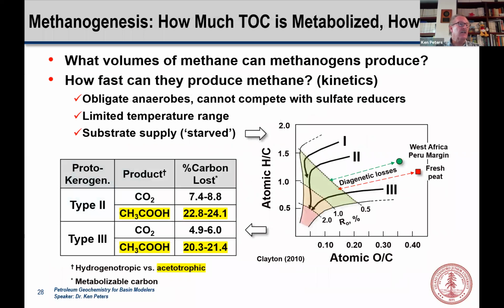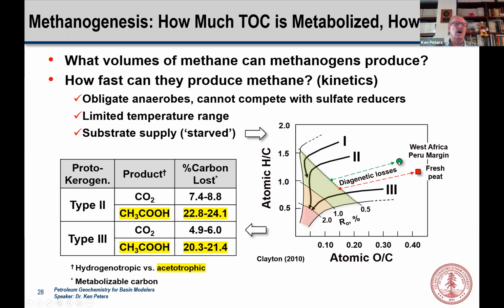So Chris Clayton actually looked at this and had some nice insights. Here we've got our Van Krevelen diagram. And he said, well, okay, I've got some sediments in West Africa and the Peru margin. I've got some peat here. What happens if, during diagenesis, I convert these by moving along this line to just the beginning of thermal maturation, or catagenesis, here? So all of this maturation from here to here and from there to there is diagenetic loss